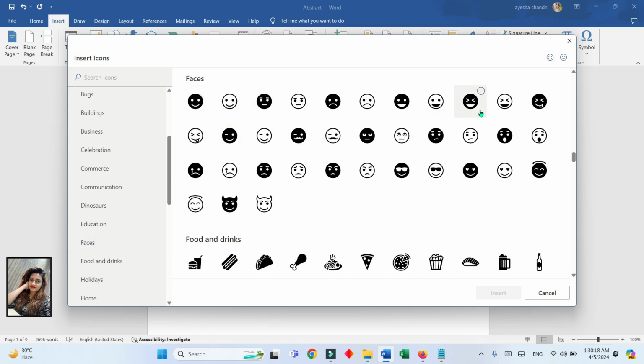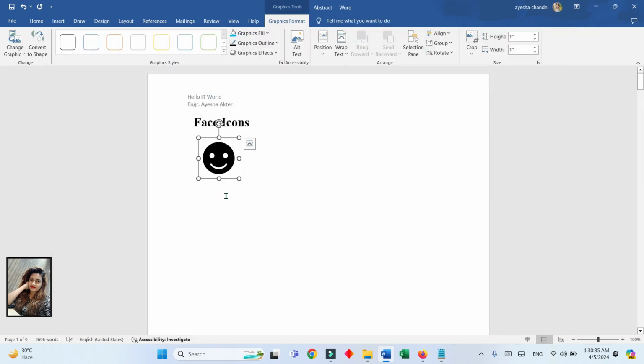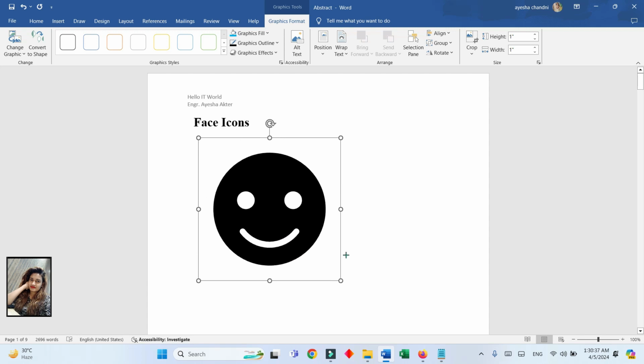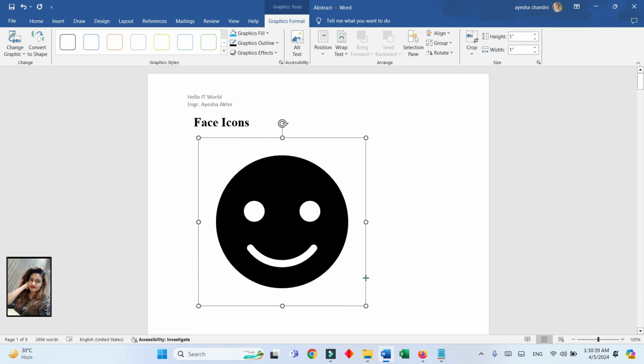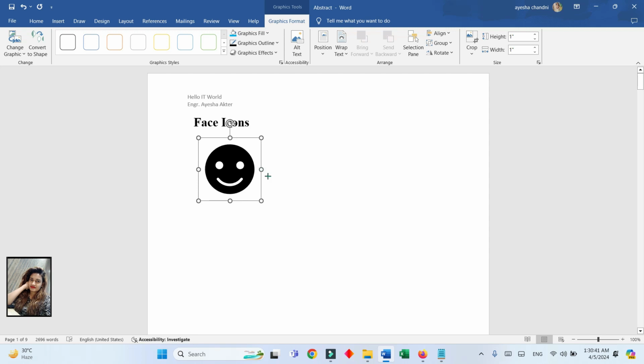See here, lots of face icons are presented. Select as many as we want, then press Insert, and it will come onto the page. If we select them one by one, then they will come one by one. So insert one, so here it is inserted. If we click here, small size or big size, that means we can increase and decrease the size easily. Also we can move it,